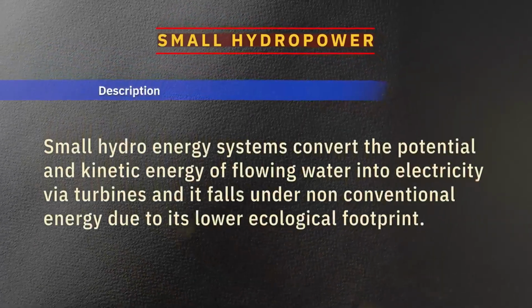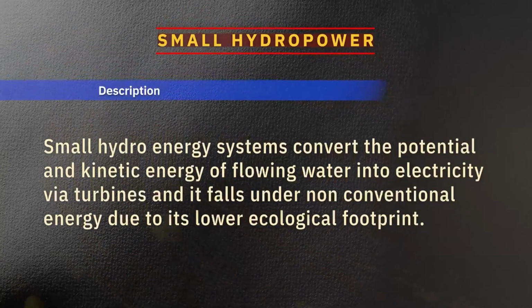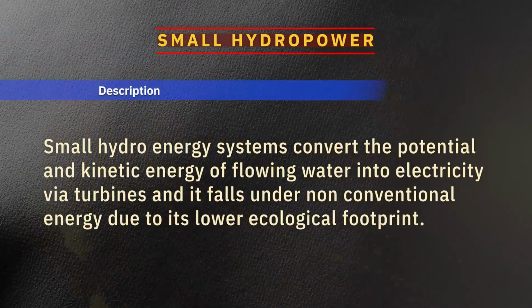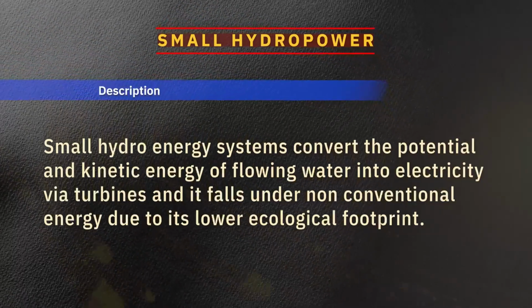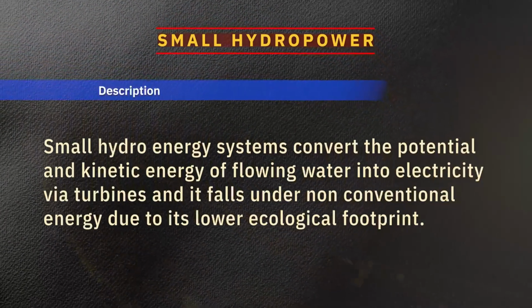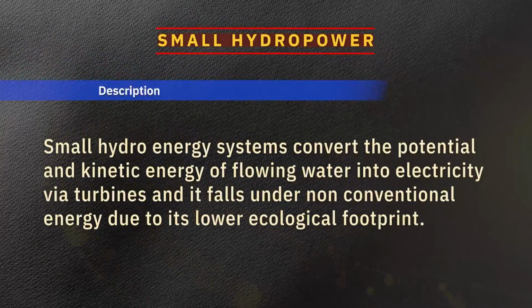Coming to the next type, that is small hydropower or tidal power. Small hydropower energy systems convert the potential and kinetic energy of flowing water or river water into electricity via turbines, and it falls under the non-conventional source of energy due to its lowest impact and ecological footprint. Hydel power has two major scales, one is large and one is small. The large one has been discussed in the conventional source of energy, and here we will discuss the small hydel power projects. It provides a stable and predictable source of power, unlike solar and wind,